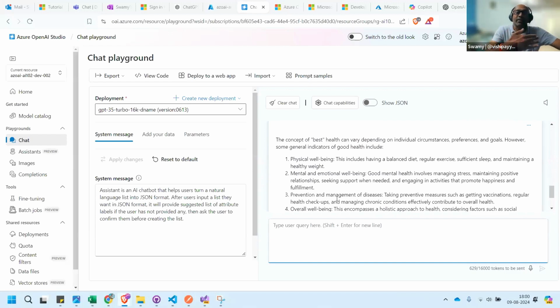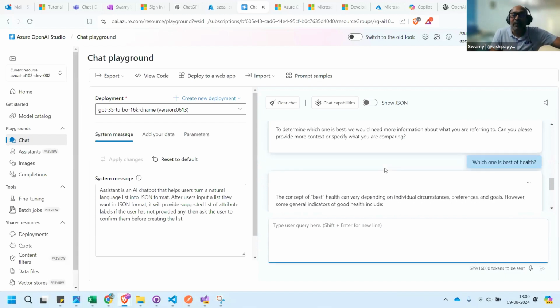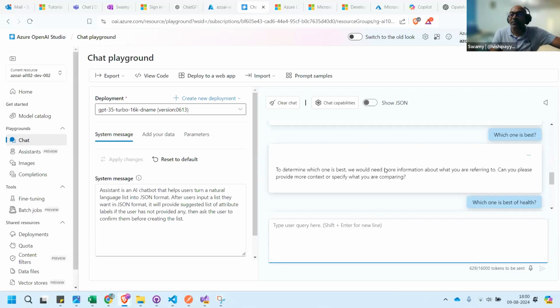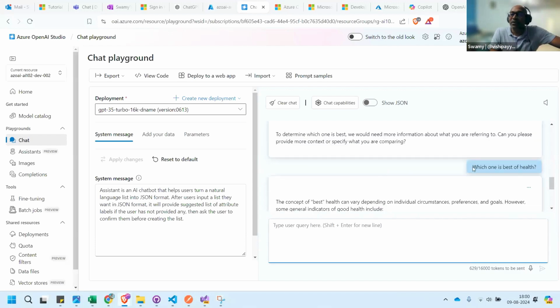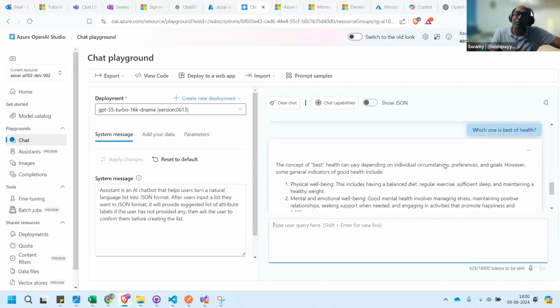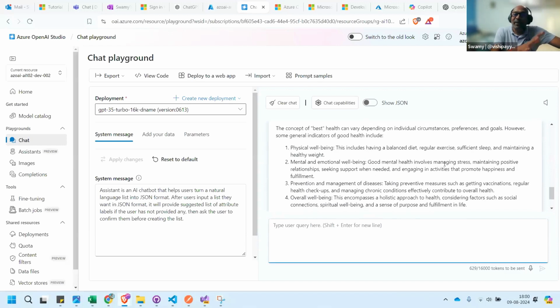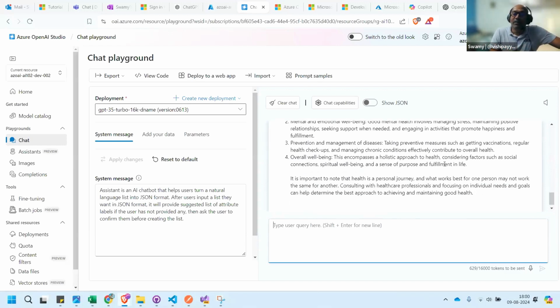One thing is the context, that means the previous discussion which happened between the model and the user. And the second thing is the prompt, because when we said which one is best, it bluntly said give me more. Then here, saying which one is best for health, it understood that we are speaking about food.